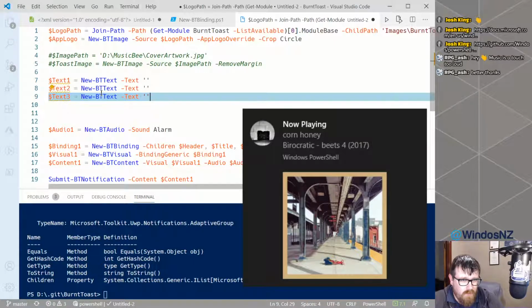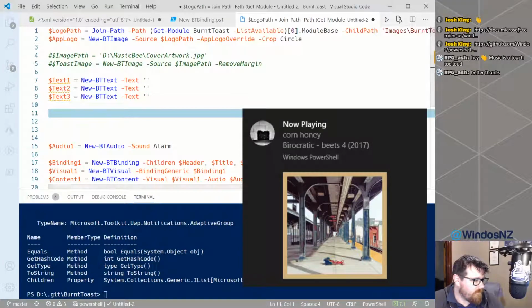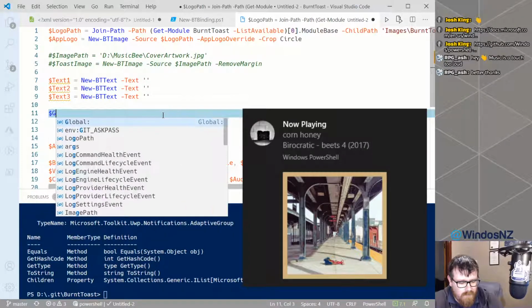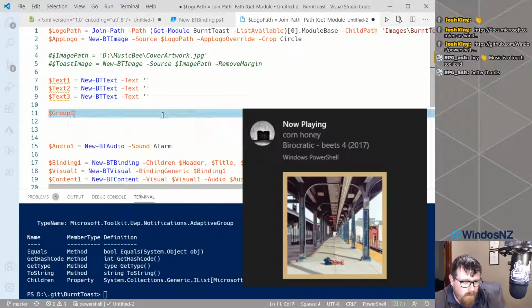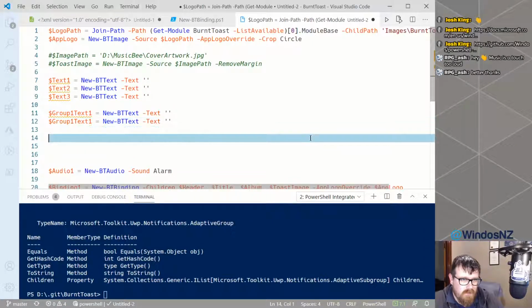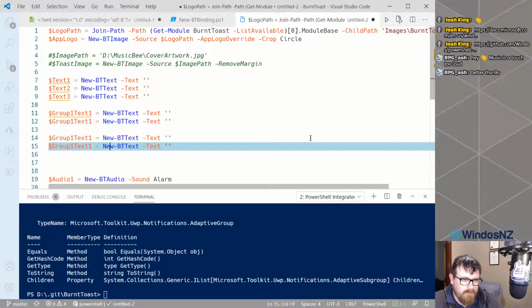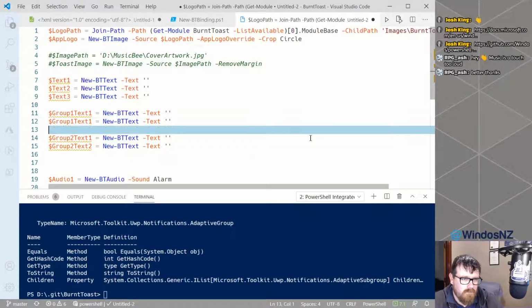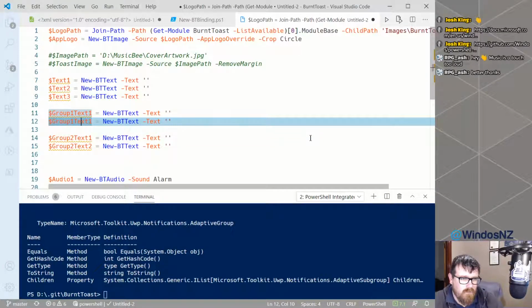Then there was also text in each group. So there was group 1 text 1, 2, 2. And that was